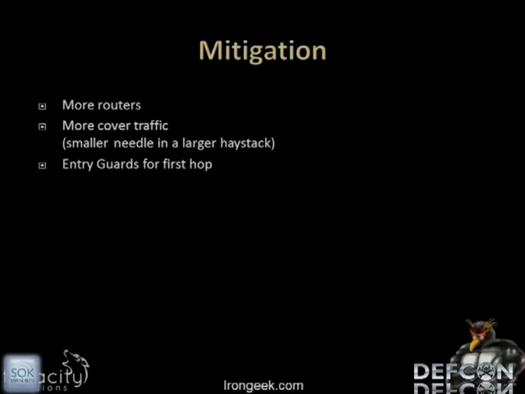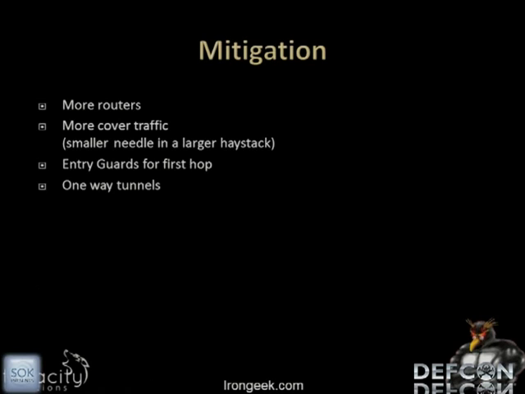The problem with this is eventually you may randomly choose someone who controls both a first hop and a last hop, controlled by the same person. Now, it's true with entry guards, you may eventually have really bad luck, and on your initial setup choose someone who is malicious, and so you're always being profiled no matter what, but at least you have a chance of that. In the case of a random choice every single time, eventually, with enough time, someone's going to be both the first hop and the last hop, control both nodes, and be able to look at your traffic.